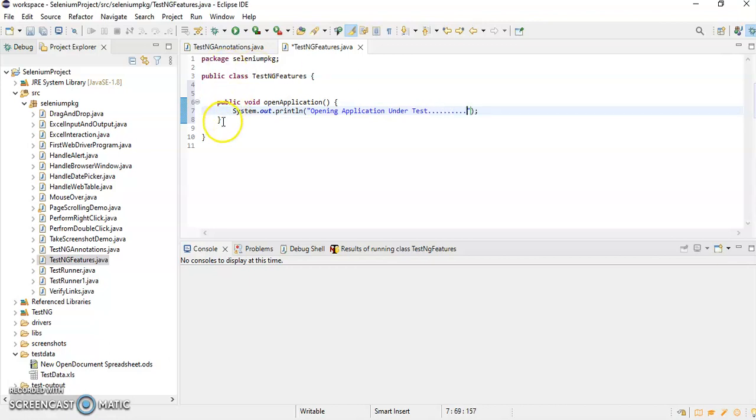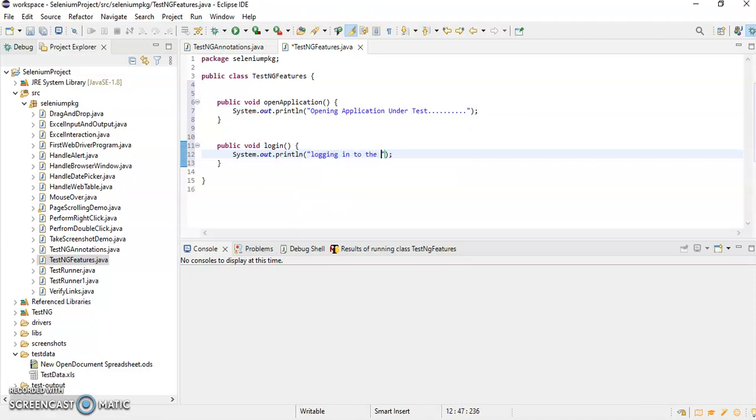Okay, similarly I will write here public void login, and system.out.println, logging in to the application under test.